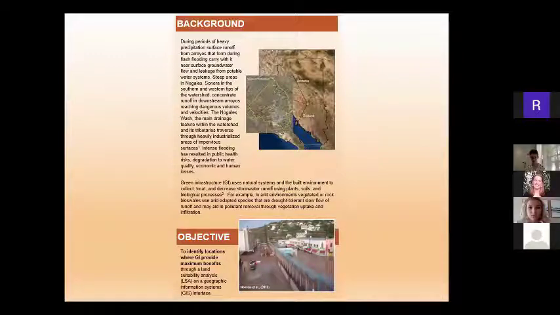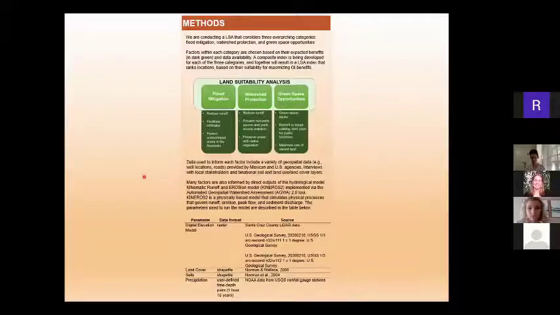So the objective of our project is to find which areas in Ambos Nogales will maximize the benefits of green infrastructure solutions. And to do this, we are conducting a land suitability analysis. A land suitability analysis consists of 3 different categories, which are flood mitigation, watershed protection, and green space opportunities. Factors within each category are chosen based on their expected benefits, which I detailed here in dark green, and also